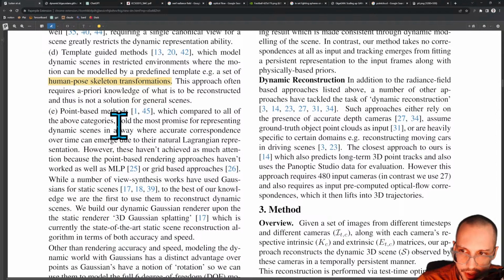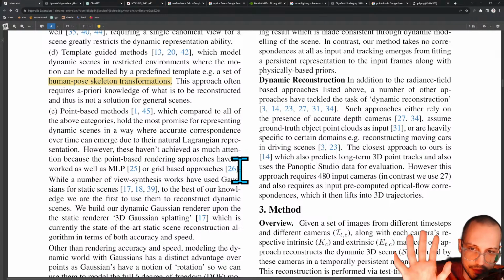Point-based methods, which compare all the above, hold the most promise for representing dynamic scenes in a way where accurate correspondences over time can emerge due to their natural Lagrangian representation. However, these haven't achieved as much attention because point-based rendering approaches haven't worked as well as the multi-layer perceptron or grid-based approaches. So this is a point-based approach, which is, there's this kind of continuum between